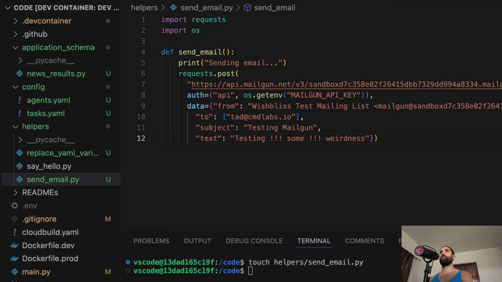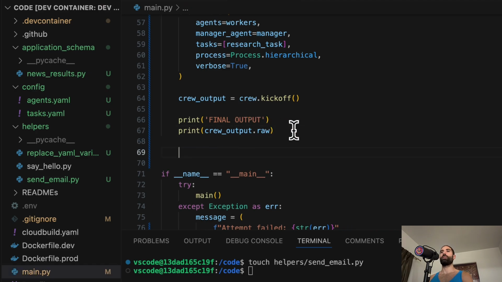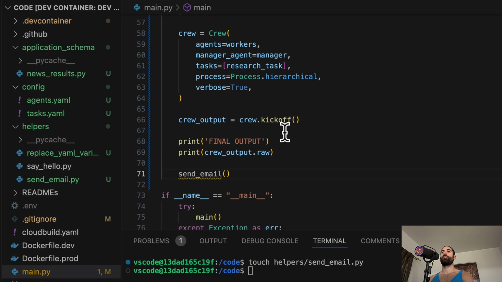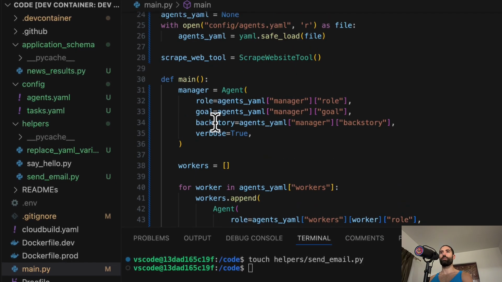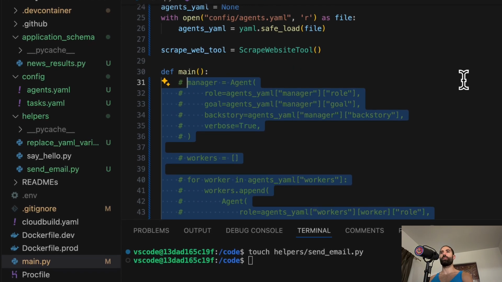And let's call this code from the main.py file here. And we have to import this helper. And for testing purposes, let's comment out all of the code except the send email call